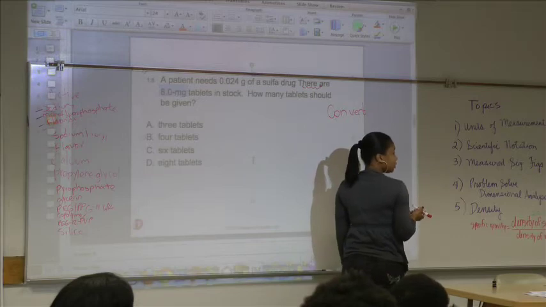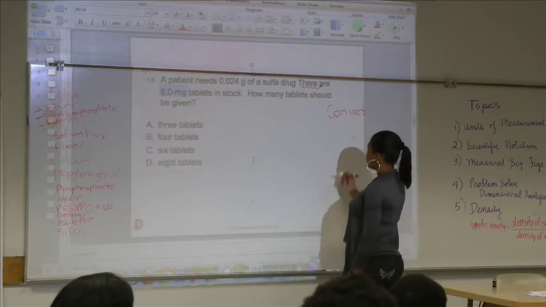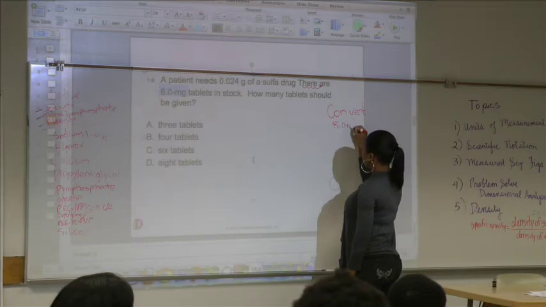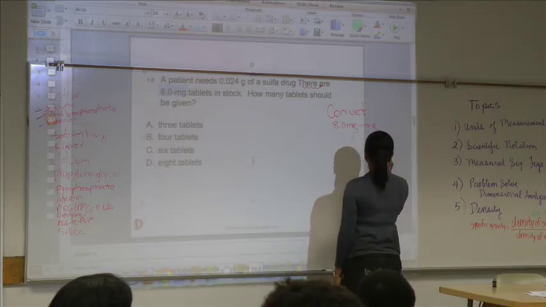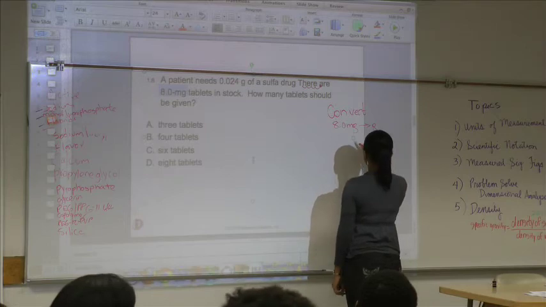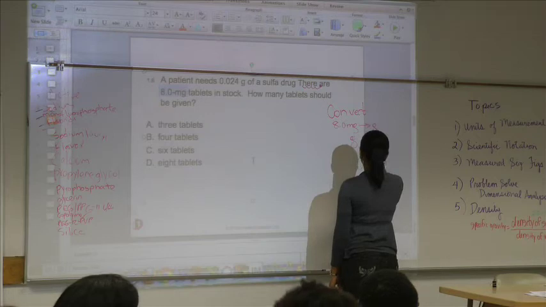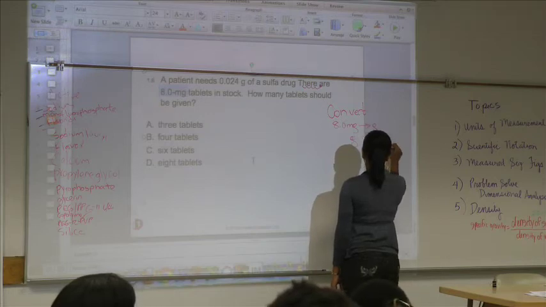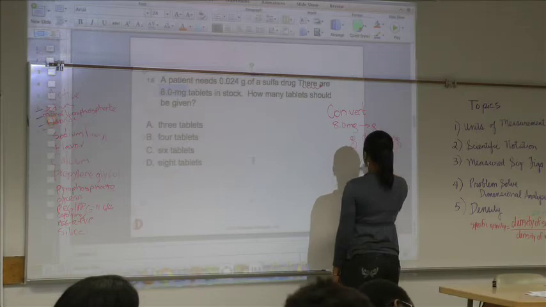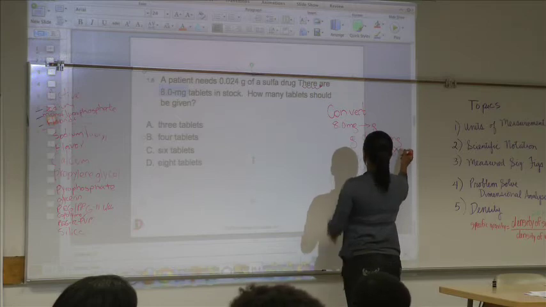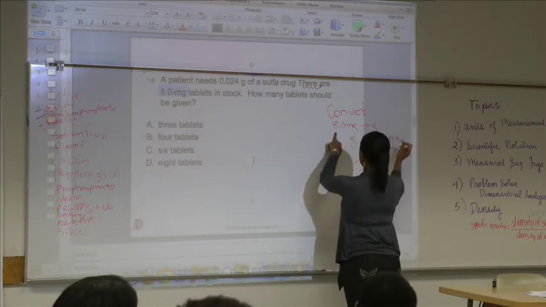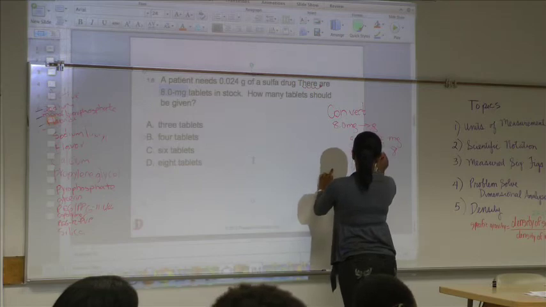Okay, write down first what's given. Write down what's given first. 8.0. Okay? Which is going to be, so going to continue. How do we get? Well, you have the unit, then you have decigram, centigram, and milligram. And you have 8 milligrams, and you're going to convert it to grams, so it's 0.00.